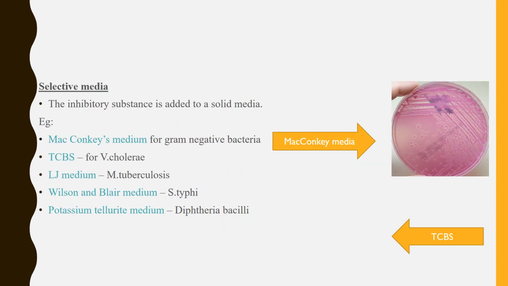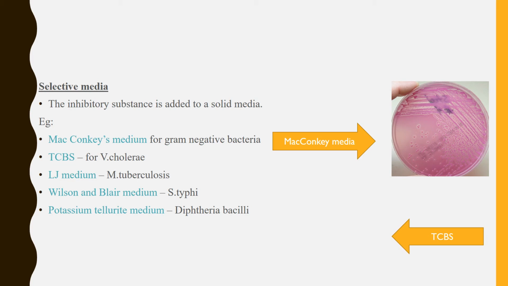So next is selective media. Selective media, the word itself describes it, is selective, meaning which is used to grow the selective microorganism only. So the selective media contain inhibitory substances which will inhibit the unwanted microorganism and promote the growth of the wanted microorganism only. For an example, MacConkey medium, which is used for the gram-negative bacteria,